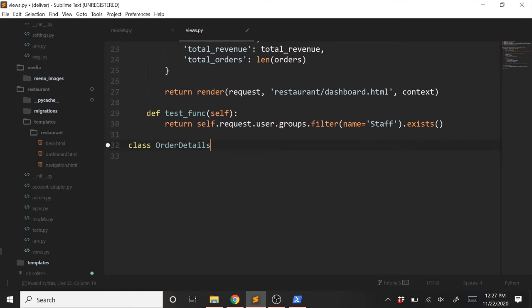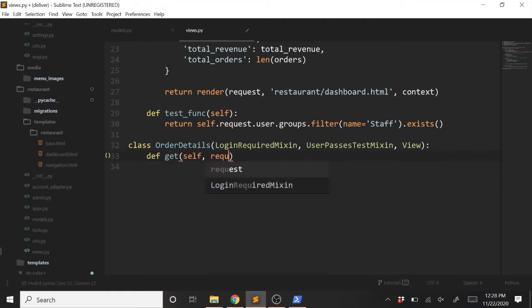And then we want to pass in the same mixins we used before. We still only want this page to be visible to users who are logged in and logged into a staff account. So once again, I'll do LoginRequiredMixin, and then UserPassesTestMixin, as well as our generic View class. And then we need a get method, which will pass in self, request,